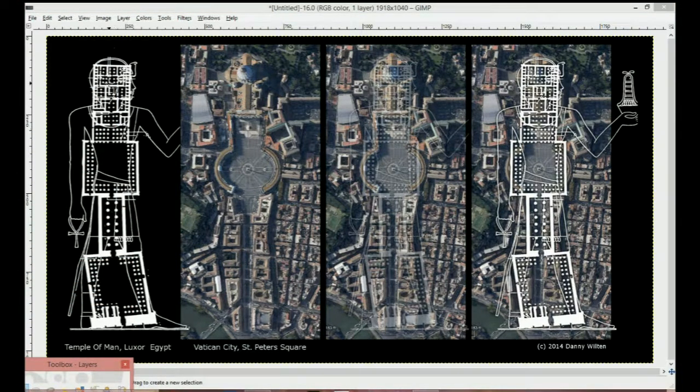So here's the Temple of Man right here, Luxor. And here is the St. Peter's Square that you see right here. Let's go ahead and zoom in just a little bit. Now I have this one slightly faded in, and I have this one all the way faded in so that you can kind of see the transition. And what you'll notice is that square sits right on top of the area that's also widened right here. And then it narrows at the exact same point and place that it does here, and it ends in the